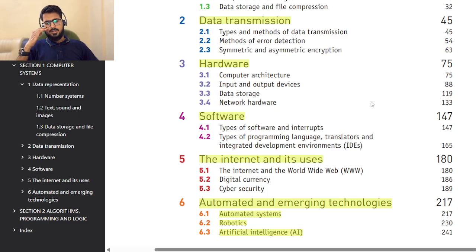And the third main topic is hardware and software, that is, how the hardware operates, right? What are the input and output devices, and software is about how we are managing, handling and operating the hardware. And the fourth main topic is